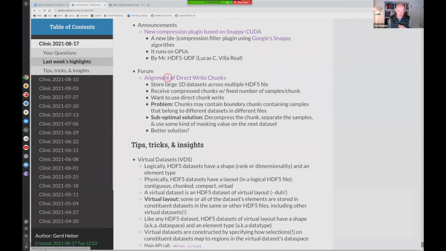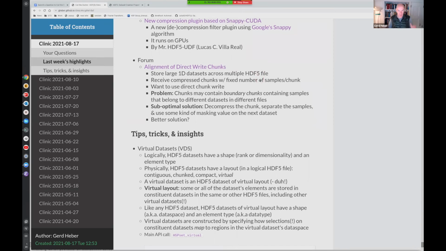Then there was another interesting forum post, where the user described the following problem. They are storing large one-dimensional data sets across multiple HDF5 files, and they receive compressed chunks from some kind of instrument, detector, or camera. He wasn't specific there, and that's not necessary.